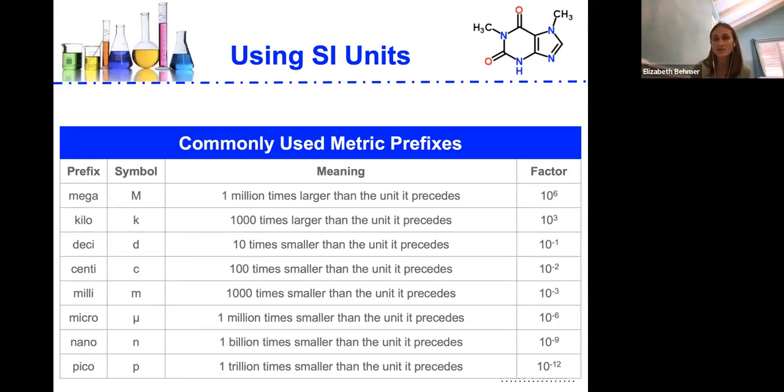A kilometer, for example, is 1,000 times larger than the unit it precedes. So a kilometer is 1,000 meters. A millimeter is 1,000 times